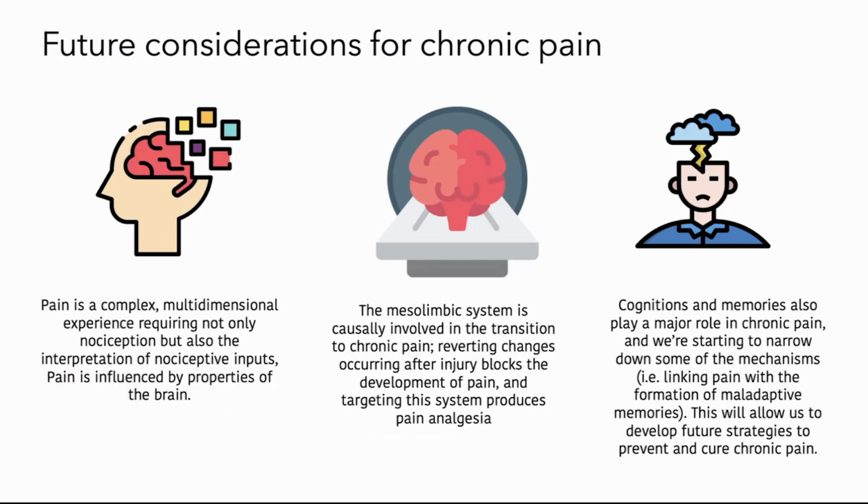We obviously need a lot more studies, but it seems to be quite promising to try to study how we can tap into the system and possibly revert the chronic pain state. And in the end, I briefly talked about how cognitions and memories also play a major role in chronic pain. We are now starting to use both human research and basic research with animals to address and narrow down some of these mechanisms, so that we can develop targeted tools, both pharmacological, in terms of neuromodulation, but also in terms of, for instance, psychotherapy, so that we can at least reduce some of the burden of these patients.